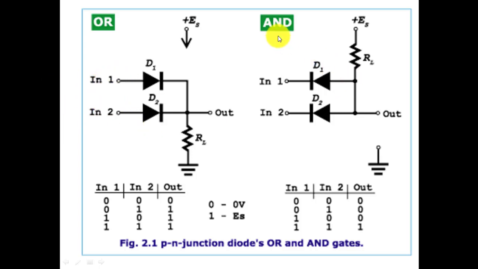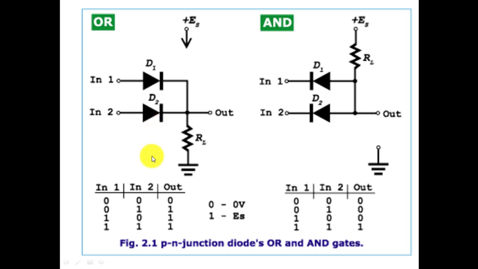And on the right hand you can see the logic AND gate. Here the direction of the diode is reverse and higher potential is applied here through a load resistance, and the output will be drawn from here and between the ground, and these two will be the logic high and logic low. We have to verify these truth tables by using the diode logic.